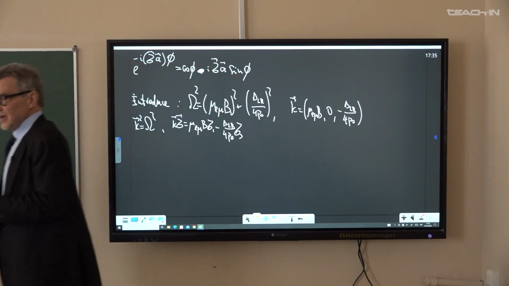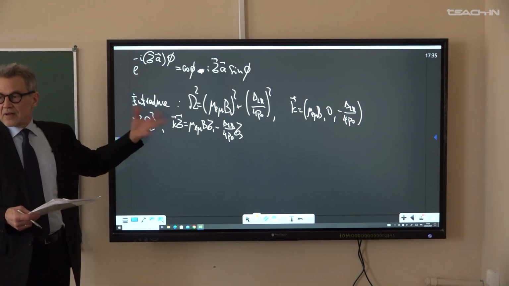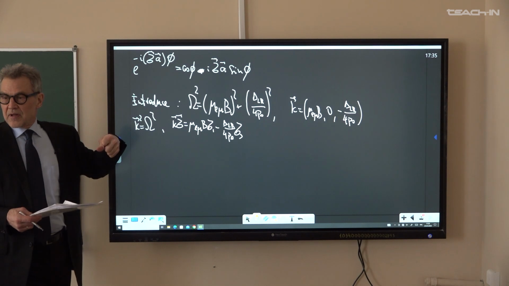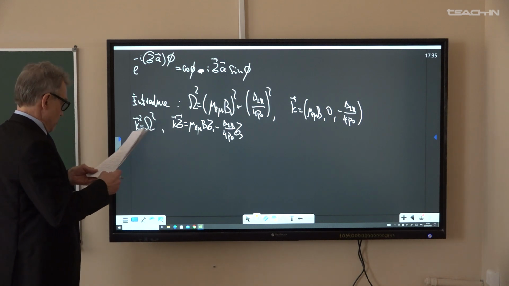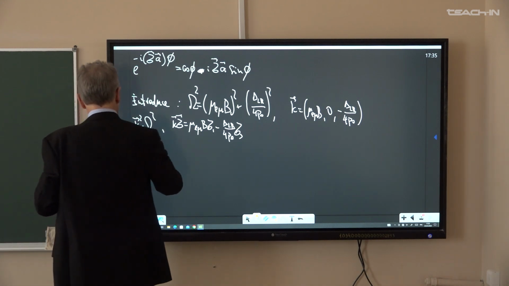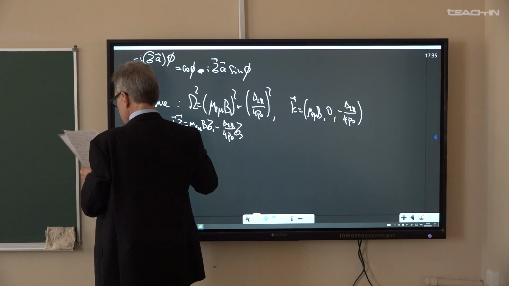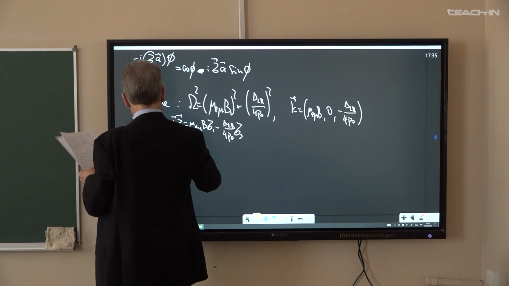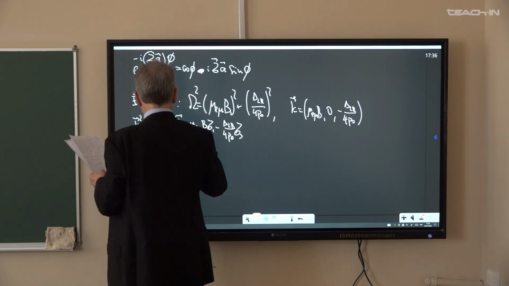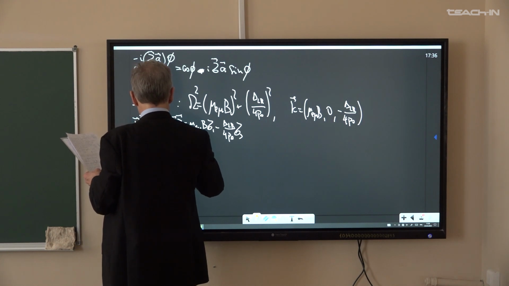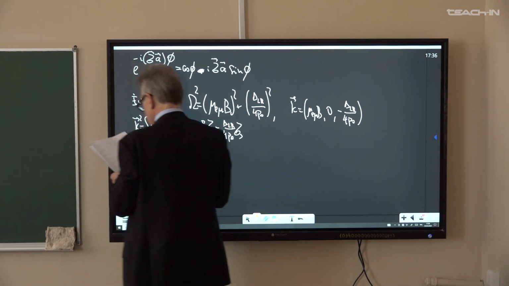We have prepared everything to use this formula to write in a very convenient form the solution for the neutrino evolution equation. So we can write that nu at some point characterized by the coordinate x, that is, I just write once again, electron left-handed neutrino, muon right-handed neutrino, and the solution can be written in the form